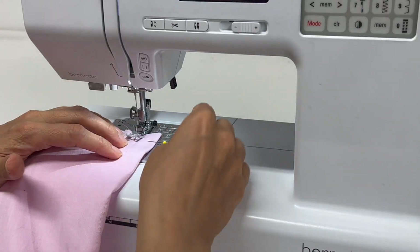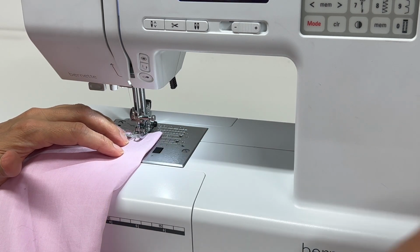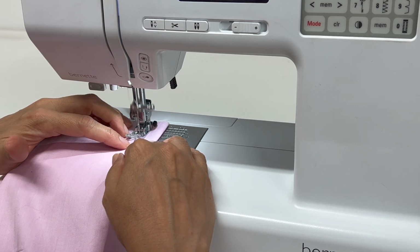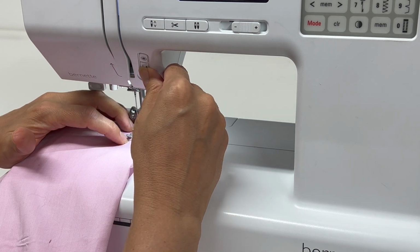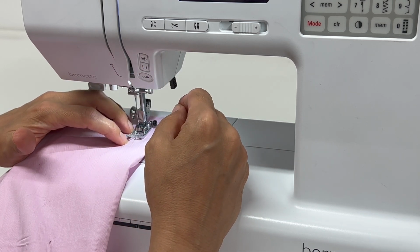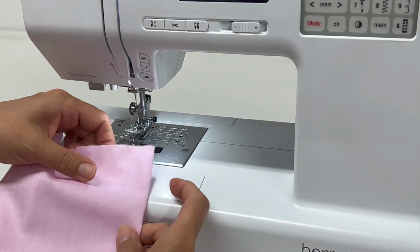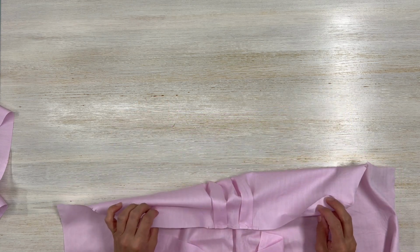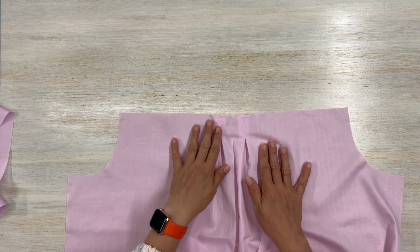All right, so I'm going to go ahead and stitch my pleat. There's where I need to be. So just don't forget to lock in your stitches. And you do have to lock in your stitches at the start and at the end for your pleats. So go ahead and do both pleats. So I went ahead and put my pleats. I also pressed them and I basted them, all right? Just because I want to make sure that that is not shifting on me